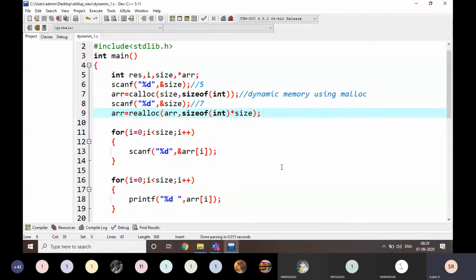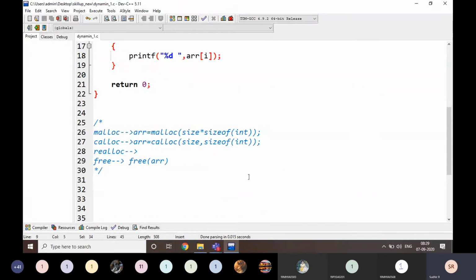Just note down the syntax here. arr is equal to realloc of arr comma size of int into size, or size into size of int. There is no problem. This is very similar to malloc.